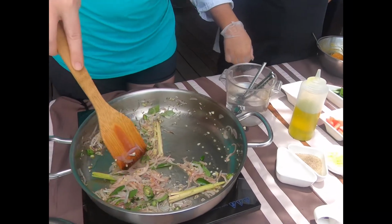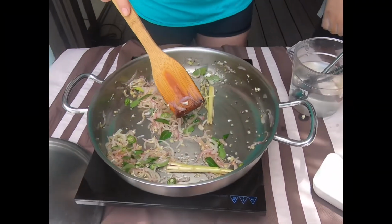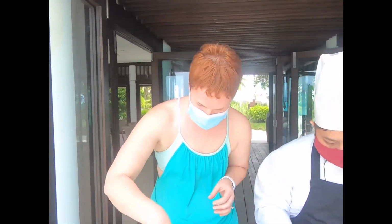The other day at the spa, I had lemon juice, and they put a piece of lemongrass in the cup. It's very good. More freshness, coming right from the